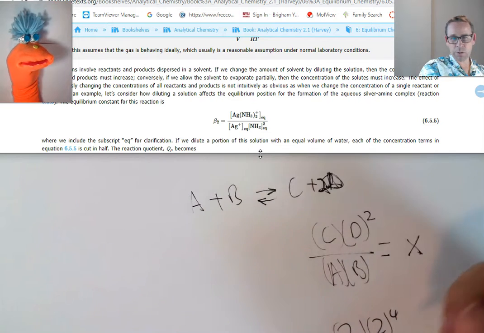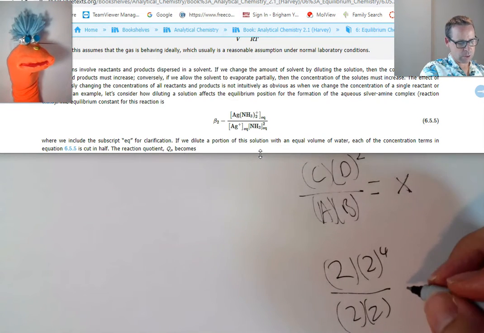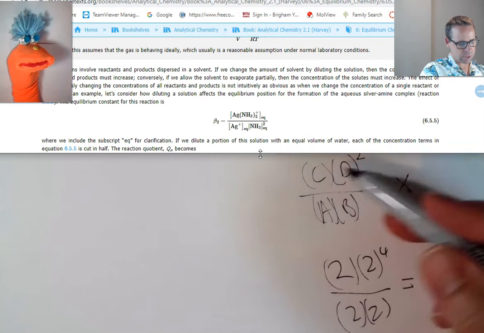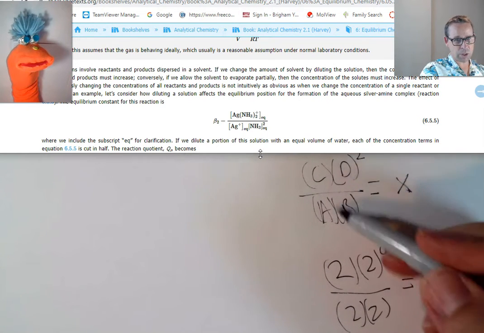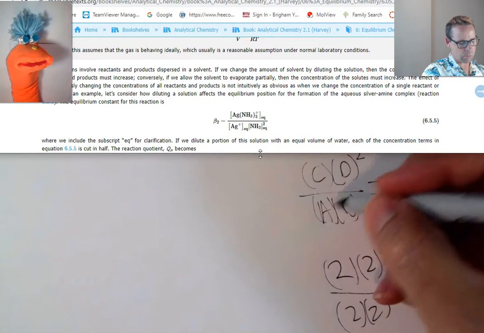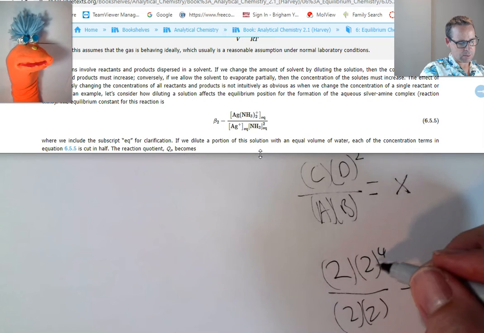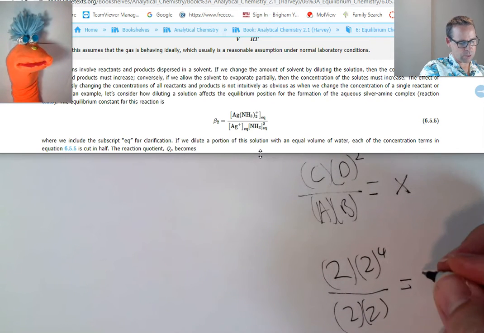So this would happen when you would get rid of some water, right? Dehydrate the solution. Then how would this now compare to X? If this was X and these were whatever concentrations they were initially, and now I'm doubling them, right? So where these were all 1, that would equal 1. This one here would be 2 times 2 is 4 times 2 is 8, right? Divided by 4, so then this would be